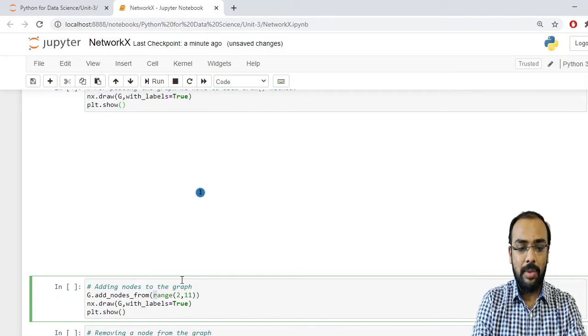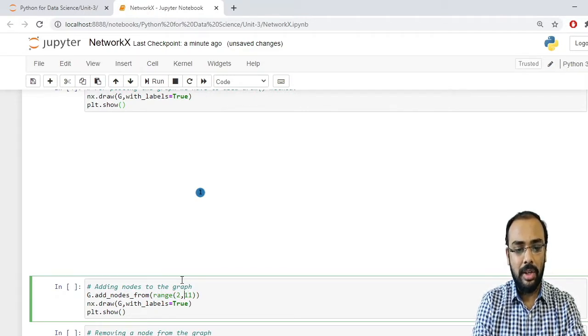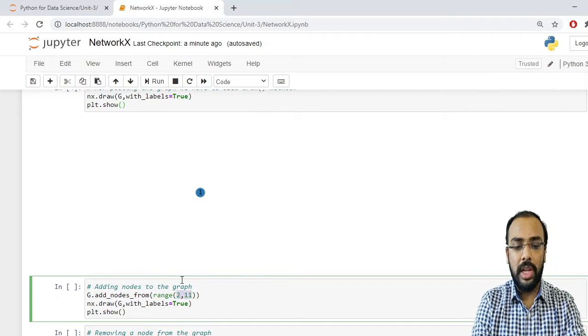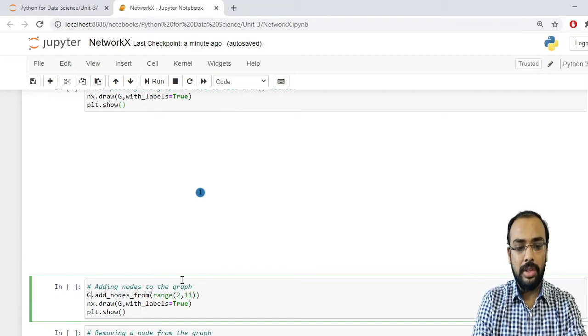Inside this I have used the range function. A range function takes two parameters, the start of the range and the end of the range. This range function will add nodes from 2 to 10 in your original graph, G.